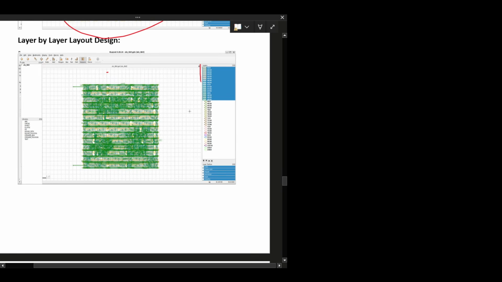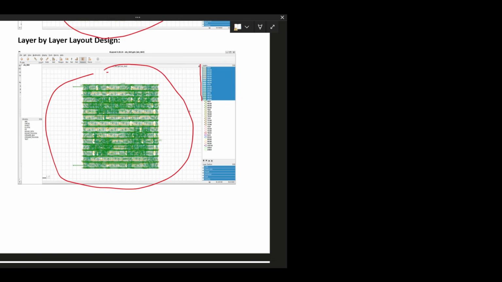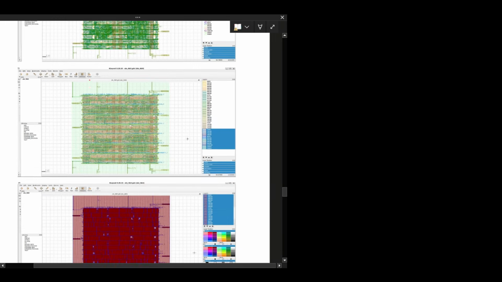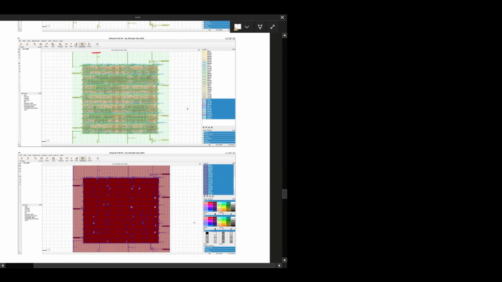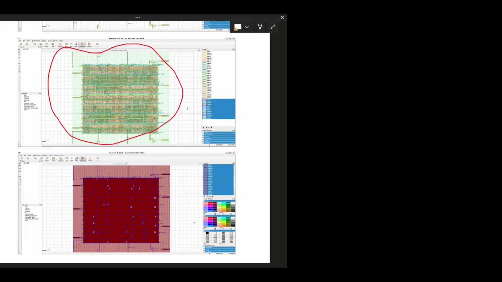After more layer checks, this is the design of the layout. After checking all layers, this is the final layout design of the 4-bit ALU.